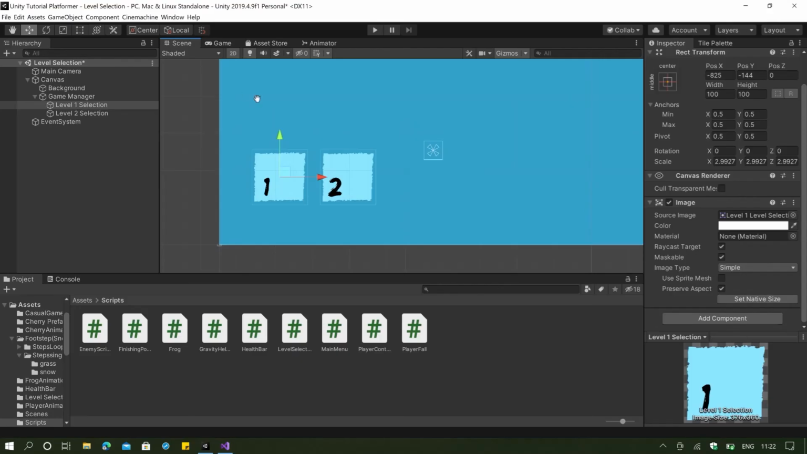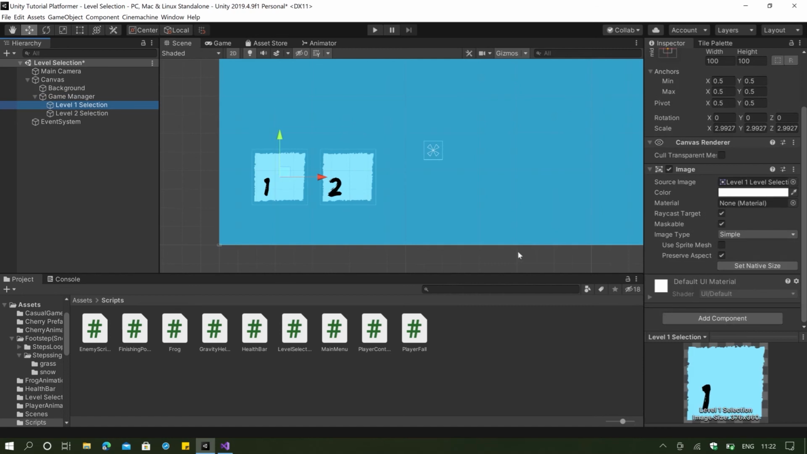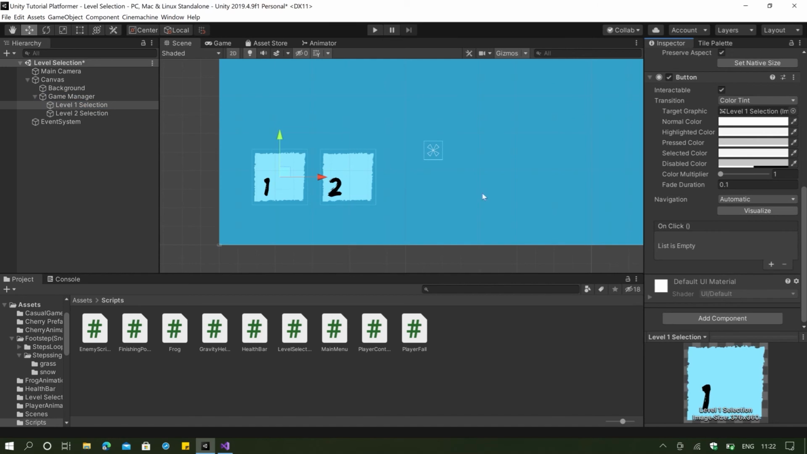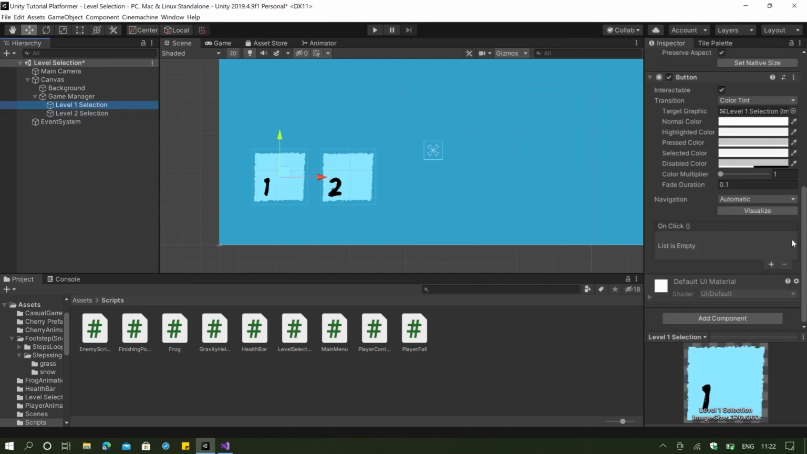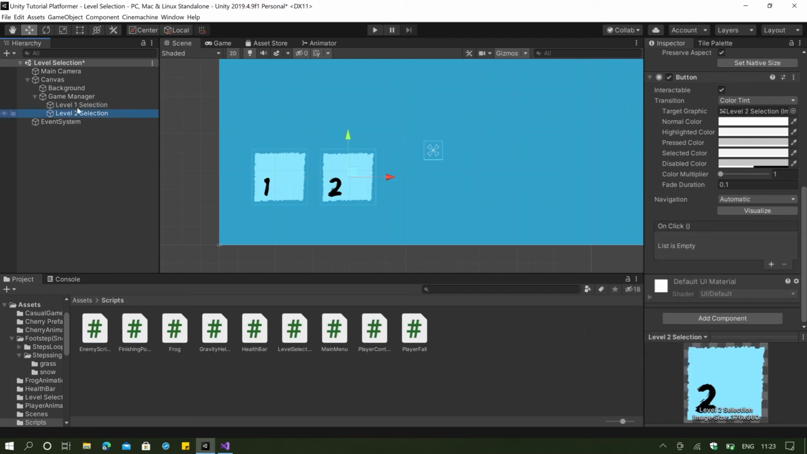If we Ctrl+S to save this, go back to our game manager, go back to our level 1 selection, and we are going to add component here, and we're going to add a button. Okay, in level 2, we're going to also add a button, because if we don't add the button component here, it's just an image. We just need to add the button component. And on click here, click on the plus button. Make sure you drag the game manager because the game manager has the script. Click on the no function, select the level selection script, and click on PlayGame1 for level 1